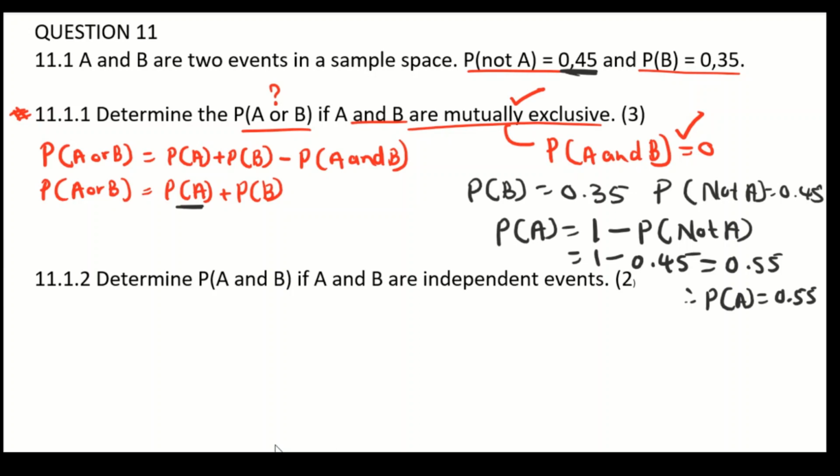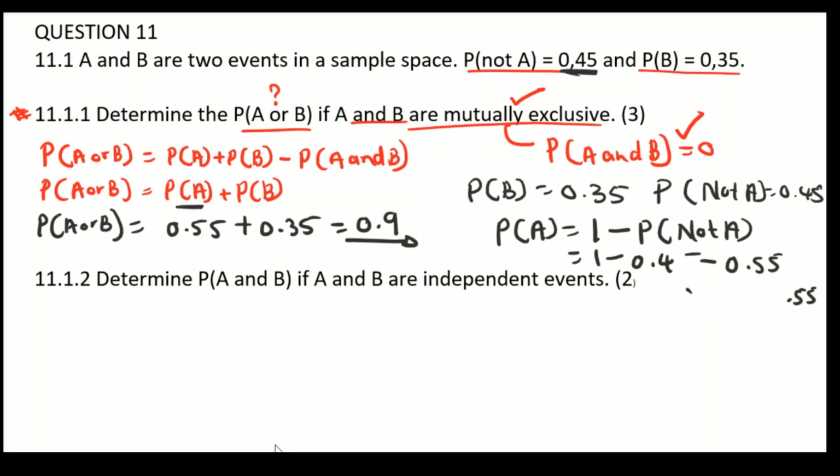Then you come to your formula. So it's going to be the probability of A or B is equal to, what's the probability of A? It's the one that we just found, 0.55, plus the probability of B, which is given as 0.35. So your final answer here should be 0.9. So that's how we solve this question here. So now let's move to